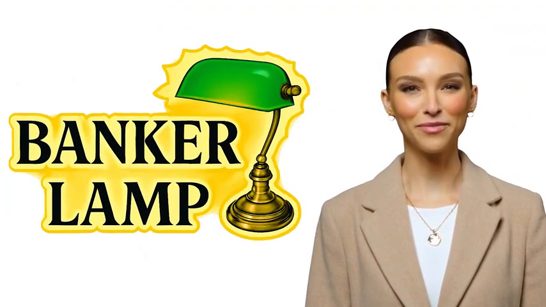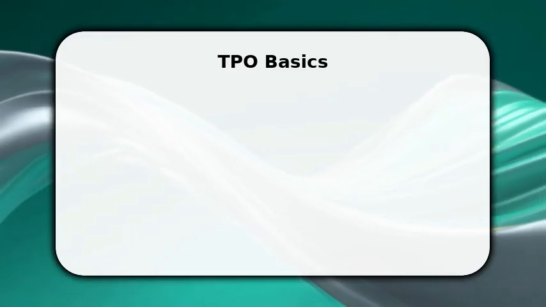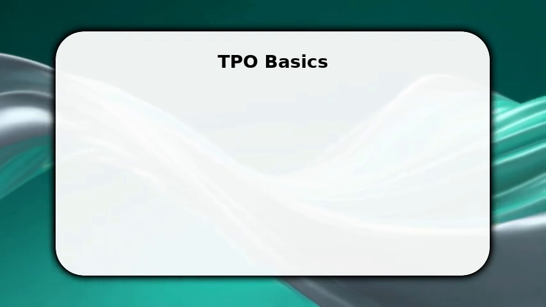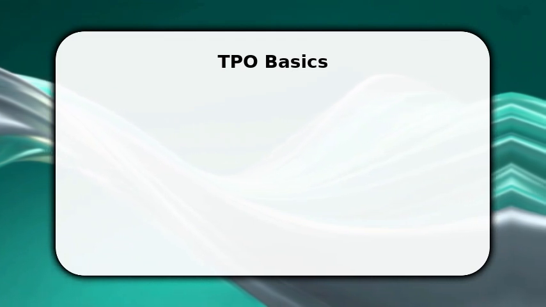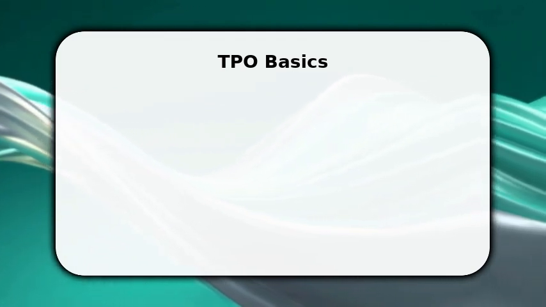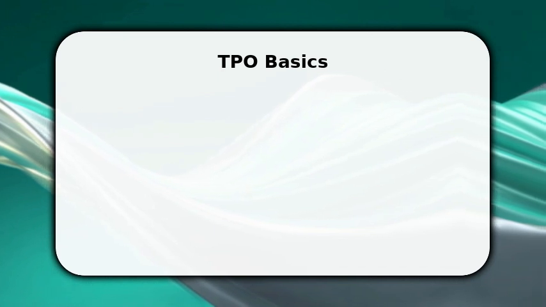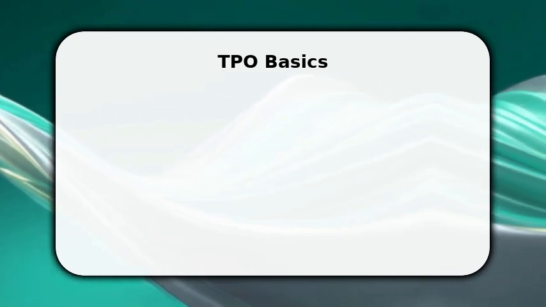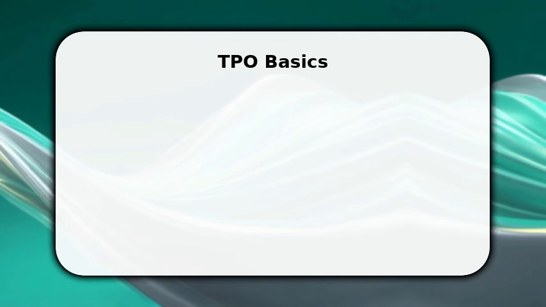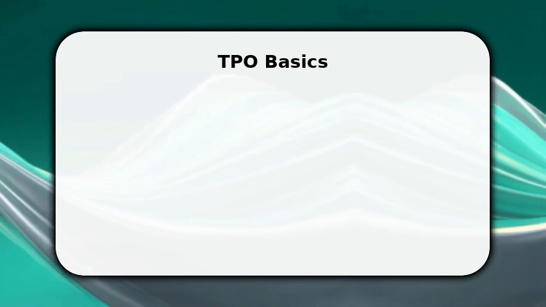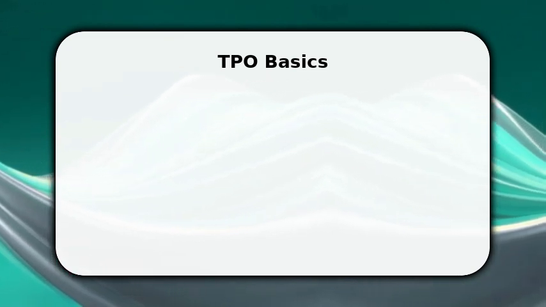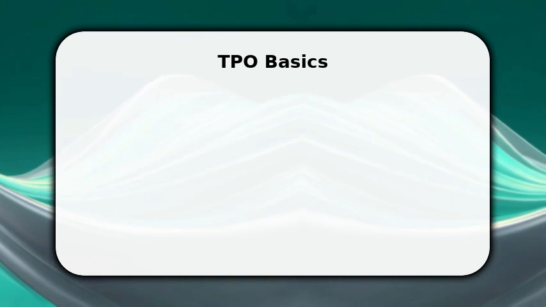Please enjoy the video. In this video, I will explain how to use Time Price Opportunity, updated. Start by adding a time price profile to your preferred charting platform and set clear session times. Look for value area, point of control, and single prints to assess market acceptance and rejection. Use TPO structure with volume and market context to plan entries, manage risk, and adjust targets based on evolving profile